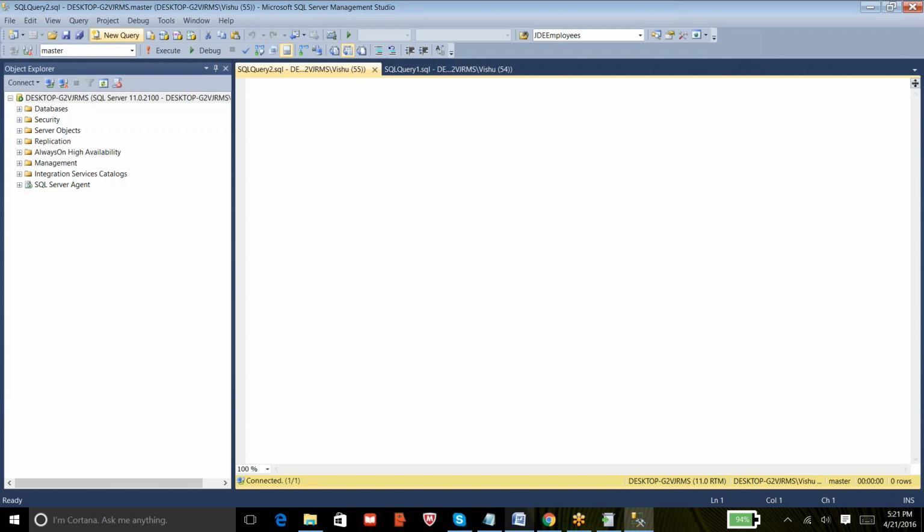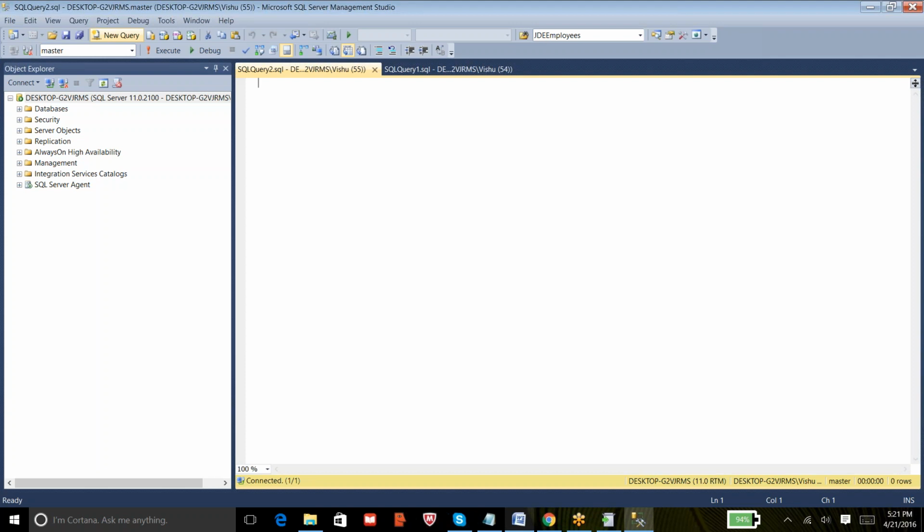So after inserting 10,000 rows, if the transaction fails, those 10,000 rows will be removed from the LDF file. This is how SQL Server maintains data consistency.